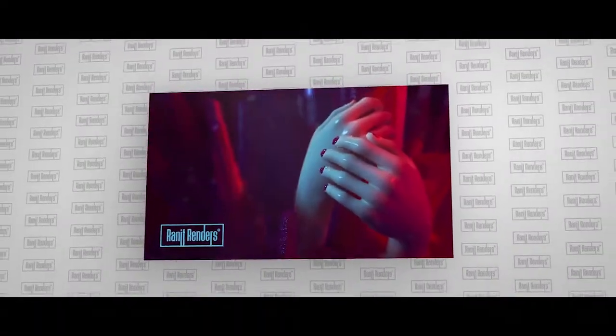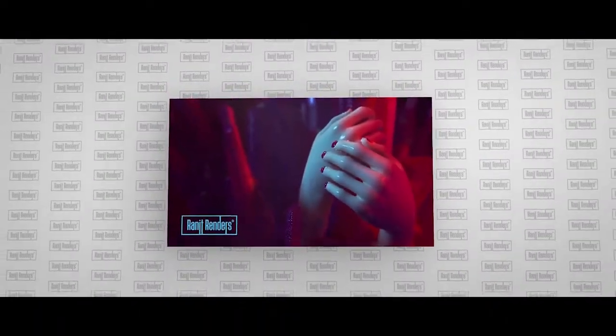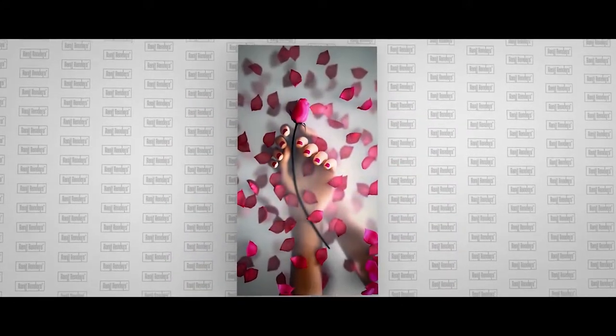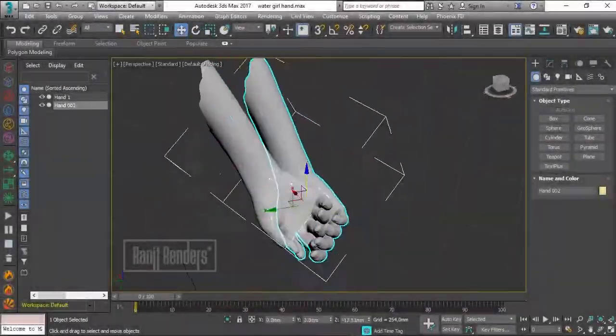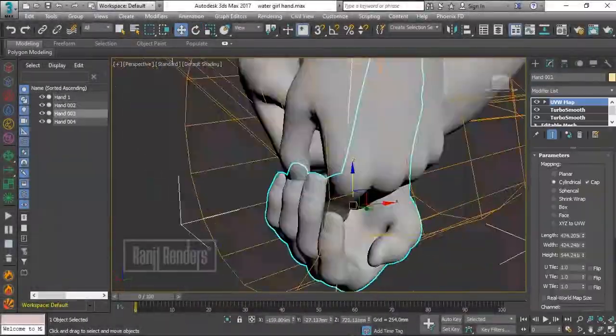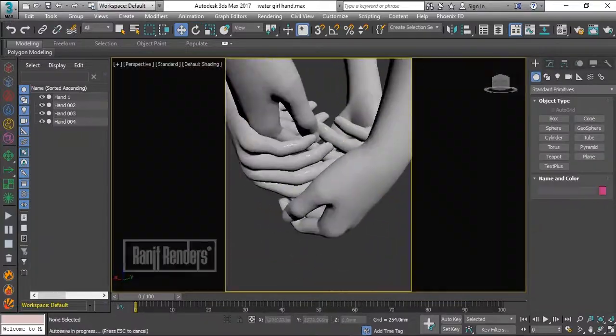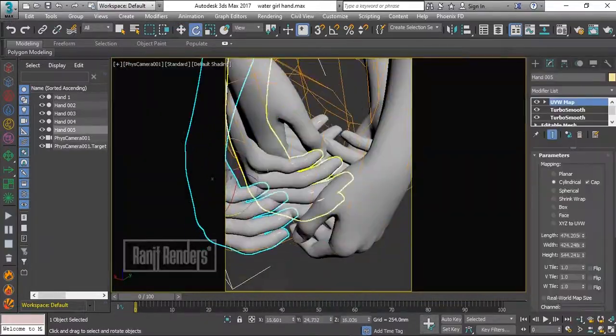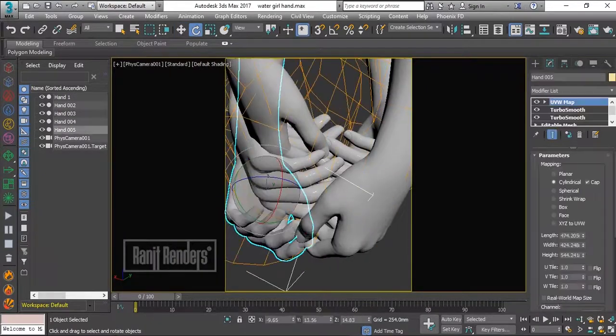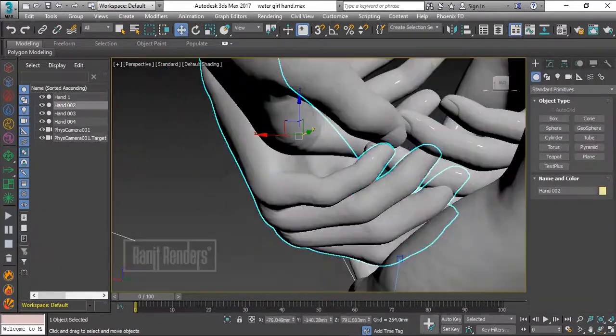Now I did not have to model a hand from scratch since I made an artwork years ago which involved one. So I just reused it. After importing it, I spent a lot of time setting it up in a way that will look good. I duplicated it and made it look such that these hands were trying to contain the water falling from above. But the water would come later.